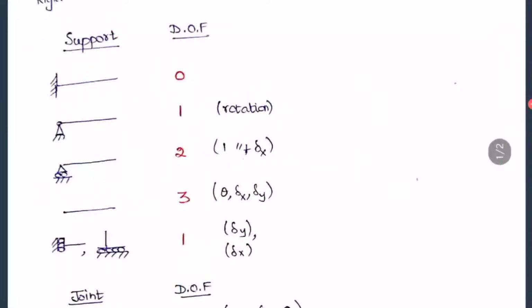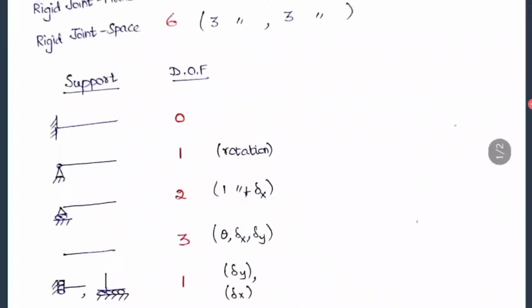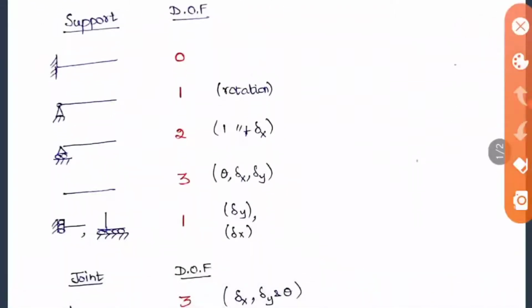Then we'll be seeing the supports. It will be just opposite to the reactions. Reactions we have seen in the previous chapter, no? In the fixed support we saw 3 reactions, so just subtract the reactions from 3 for all the values. So 3 minus 3 gives 0. It means, in the fixed support, how many reactions are there? One vertical, one horizontal, and one rotation. So all the reactions are there, and it does not have any freedom to move. That is what we call the degree of freedom.